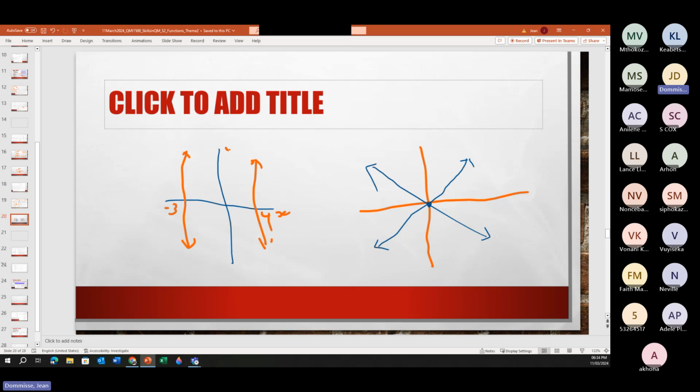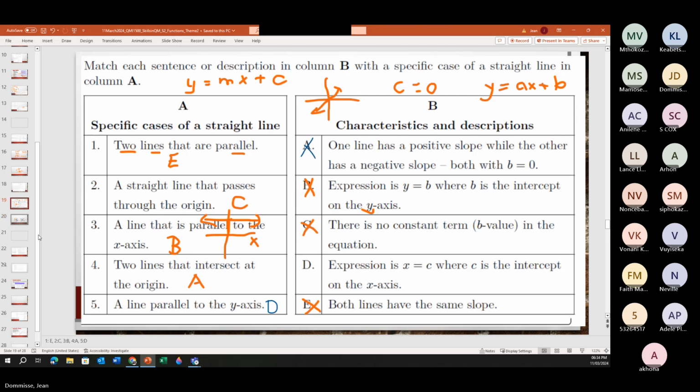Okay, so that is nearly looking at all the possibilities that can happen in a straight line. So you've got the one where the slopes are the same, that is parallel. You've got the one that is parallel to the x-axis, and then the one that is parallel to the y-axis. And then you've got the one that goes through the intersection where it is 0, so that the origin is 0. So those are nearly the different ways that they can ask you